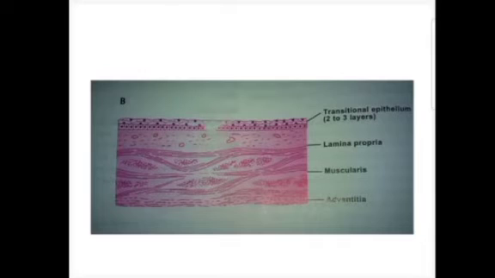From inside outwards, there is the mucosa, no submucosa, and then there is a muscular layer consisting of smooth muscles, the inner circular and outer longitudinal in the case of the ureter, but in the uterus,